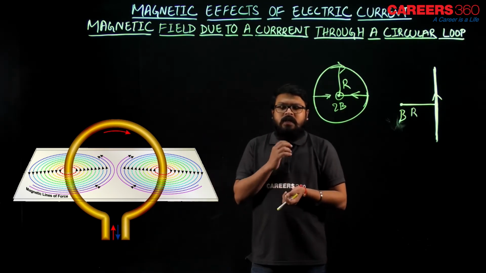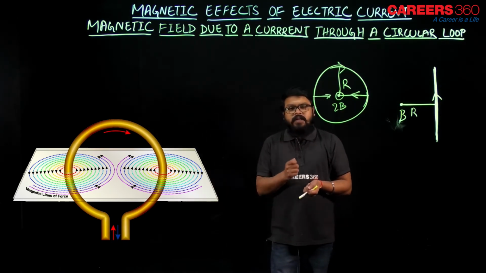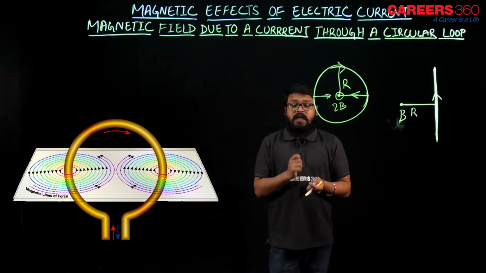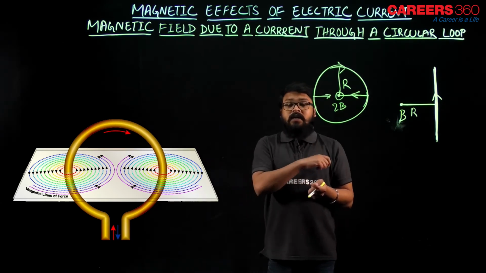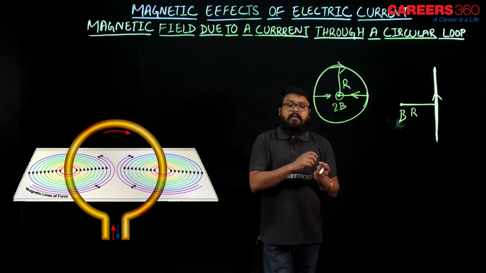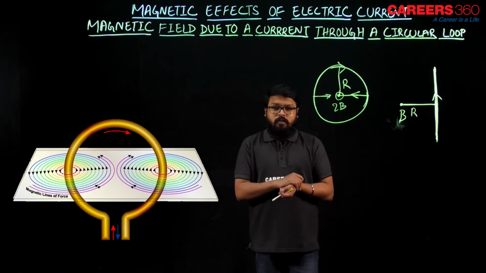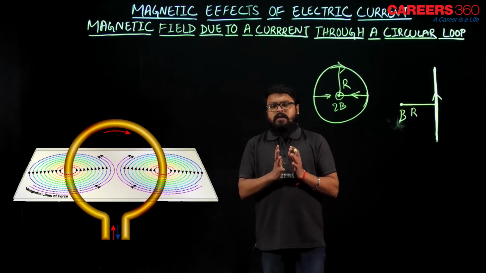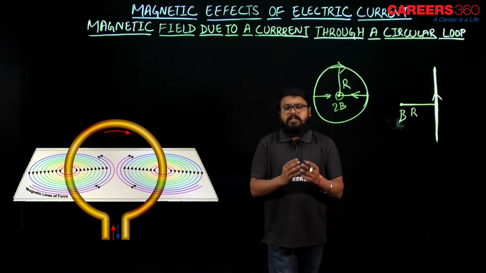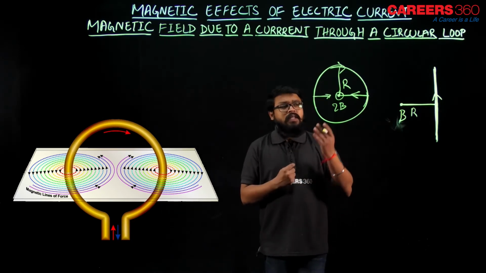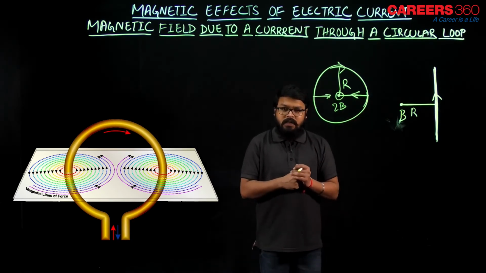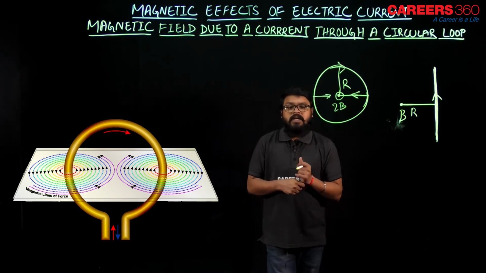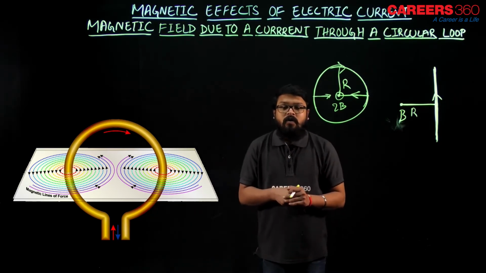So here the conclusion is the magnetic field intensity of a conductor due to the current flowing through it can be increased by converting it into a circular loop, or by bending the straight wire into a circular loop. I hope you got that right. So, what is the magnetic field over here? It is of course double, isn't it? Or you can say more than the magnetic field due to a straight conductor at the same distance, that is r.